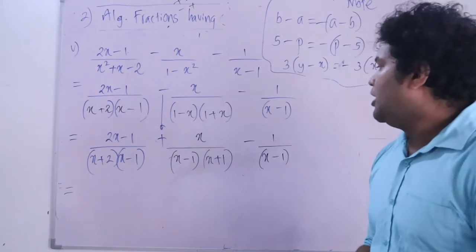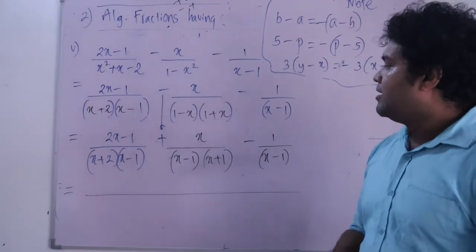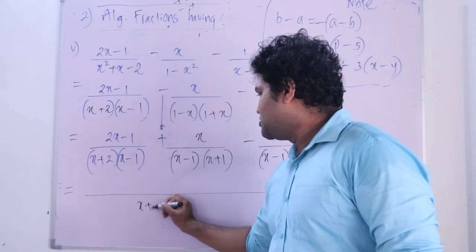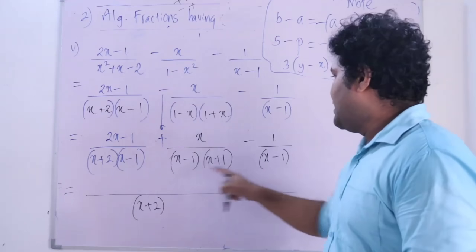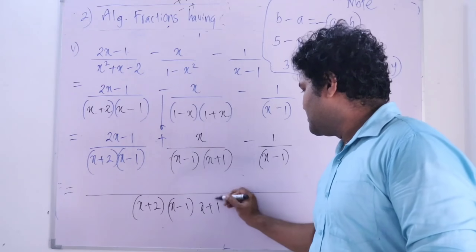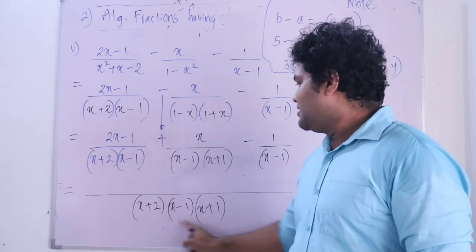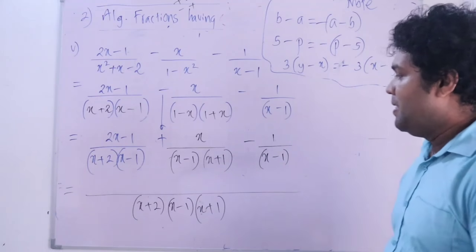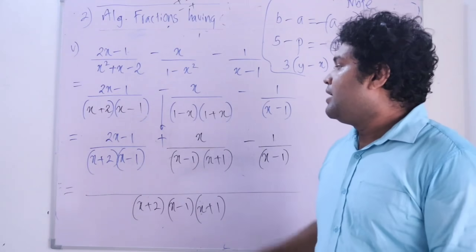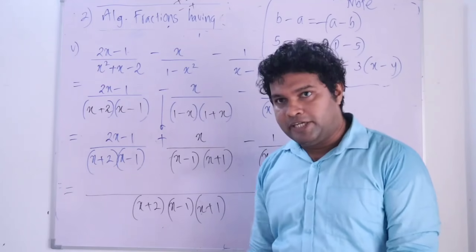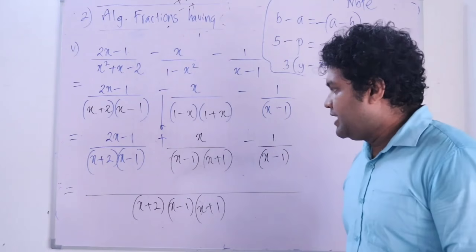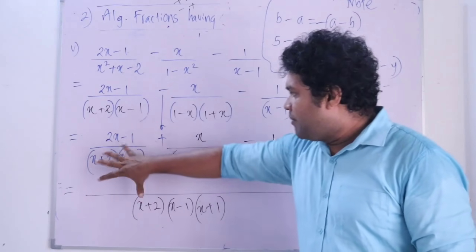Okay. Now, we can easily select the denominator. Okay, see the different expressions. x plus 2 is a different one, and x minus 1 is a different one, x plus 1. That's all. This is a different product. Okay, right, now the product of the denominators also. Okay, now we have to find the answer. How to find the answer, right? You compare the denominator you had with the denominator we have now. Okay, x plus 2, x minus 1 were there. Now x plus 2, x minus 1, and more than that we have